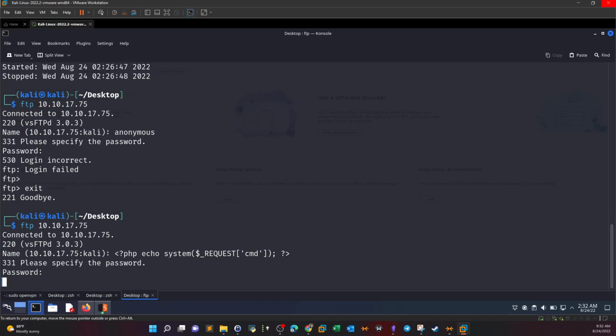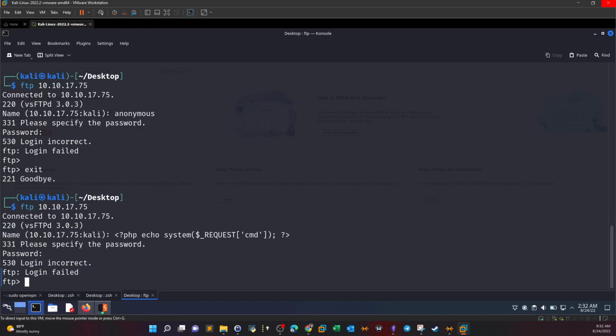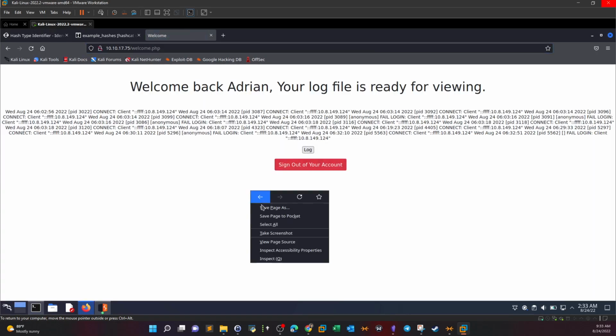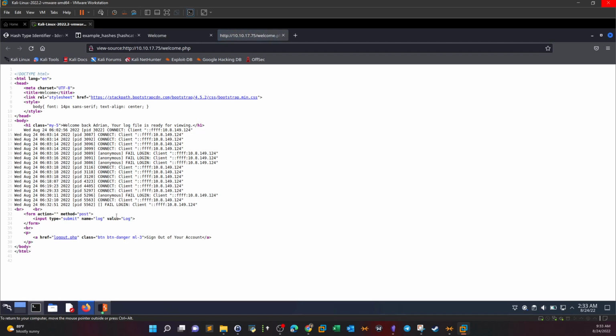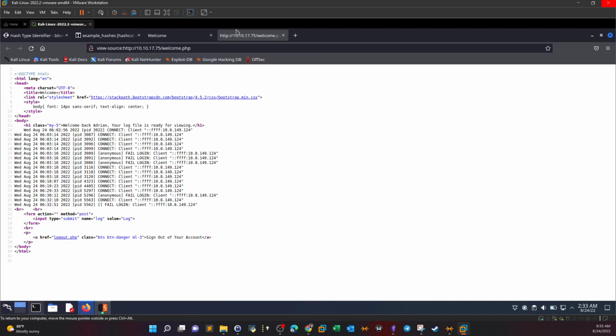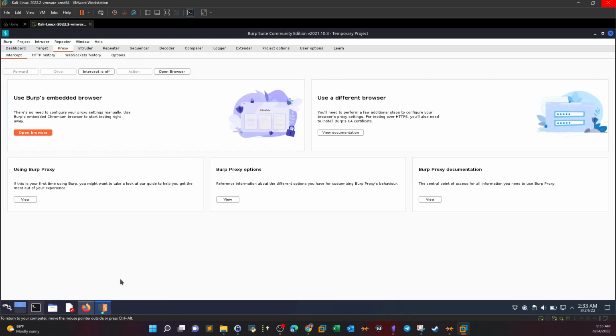test. Fine. Now let's go back. As you can see here, guys, it's empty because it's trying to execute a command. So what we need to do now is get back and use the parameter CMD to execute a real command. So basically, going back, we're going to intercept,